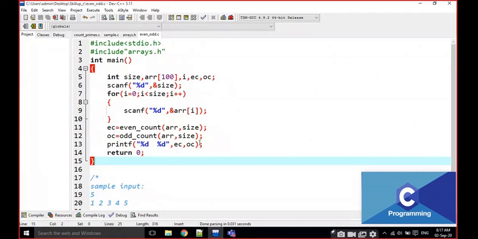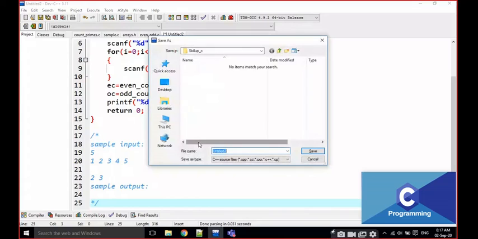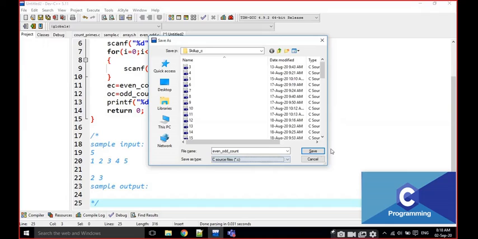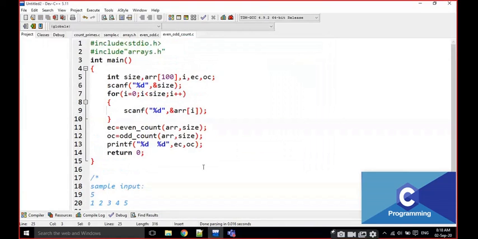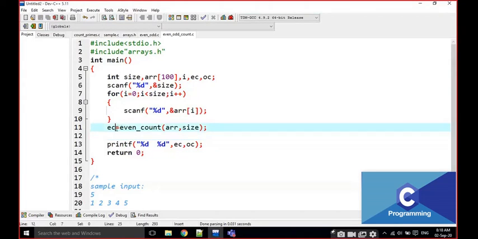For example, I am going to modify it to even underscore odd underscore count using a single function. Okay, I am going to turn it into a single function. For example, this is two functions. For example, I am going to write EOC. EOC means even odd count.